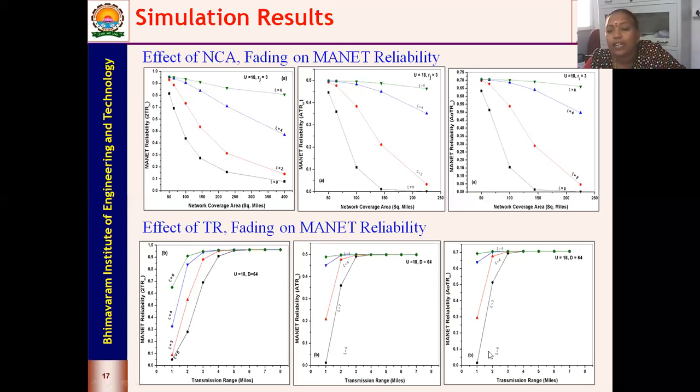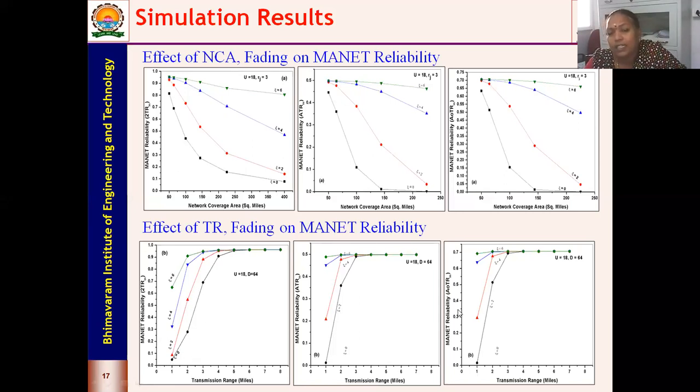And coming to the transmission range, you can see that when the transmission range is very small, then we see that the reliability is less. So if we want to increase the reliability in this particular value, either we can go in for increasing the total number of nodes or reducing your network coverage area. When you reduce the network coverage area and have more nodes, making it densely populated, you can have good reliability.